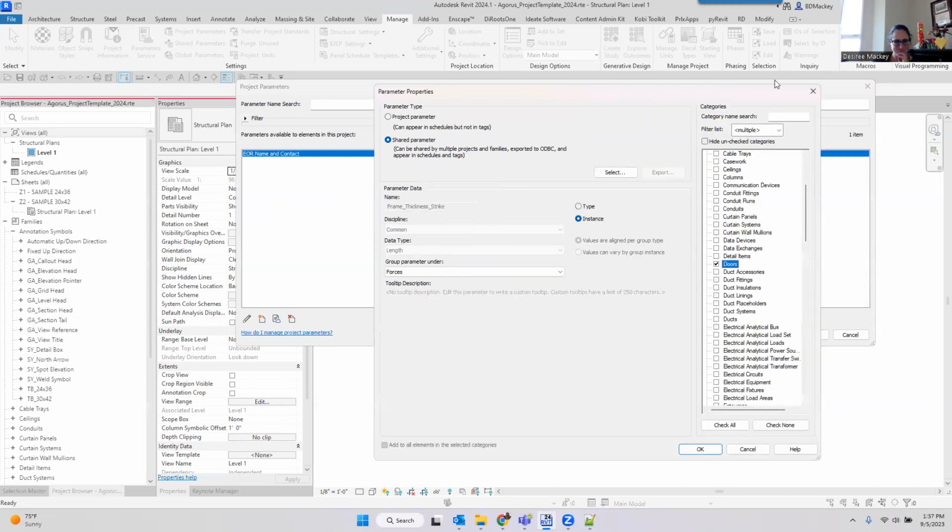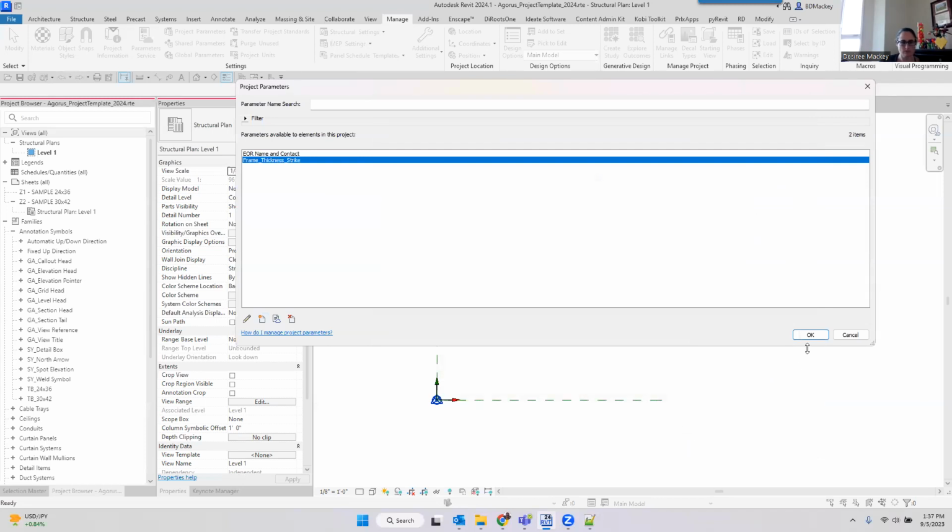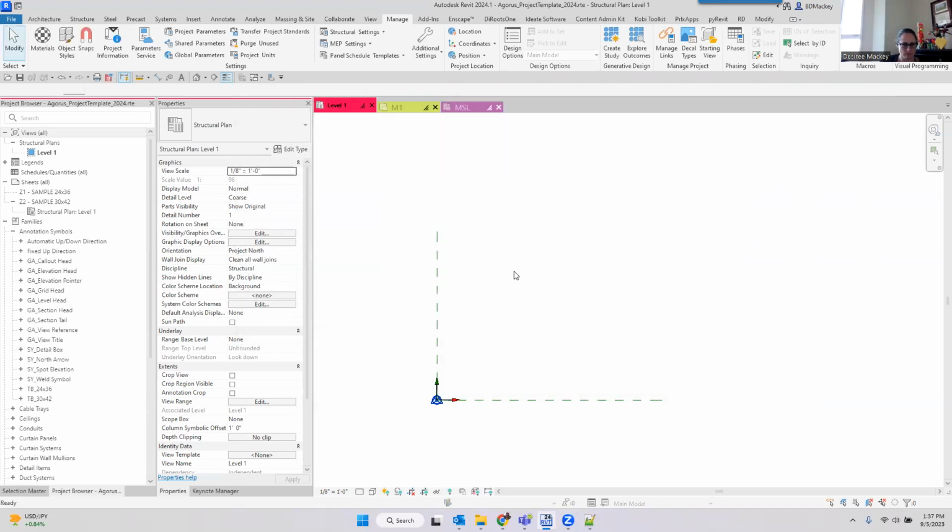But so this is what's there. This is a shared parameter. So I've just added a new parameter called frame thickness. It's going to be grouped under forces, and I've made it an instance parameter for doors. All right, so I've now added that to any door I put inside of here. So if I go draw a wall,